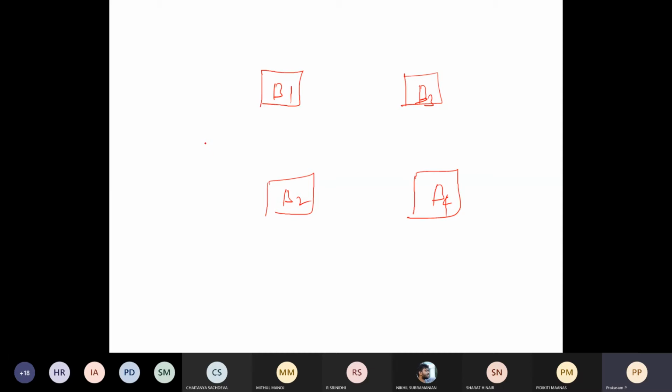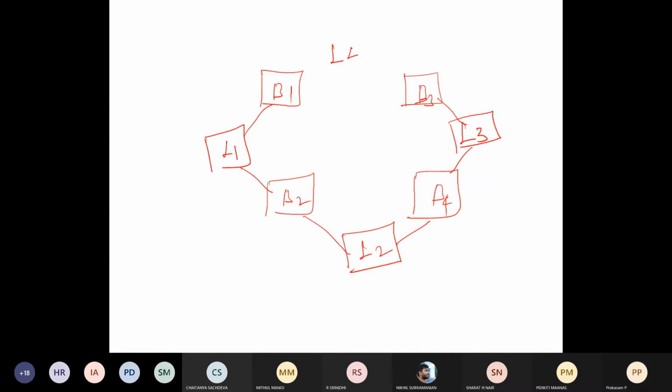So LAN 1 is connected between B1 and B2. LAN 2 is connected between B2 and B4. LAN 3, let us assume, is connected to B3 and B4. LAN 4 is connected between B1 and B3.